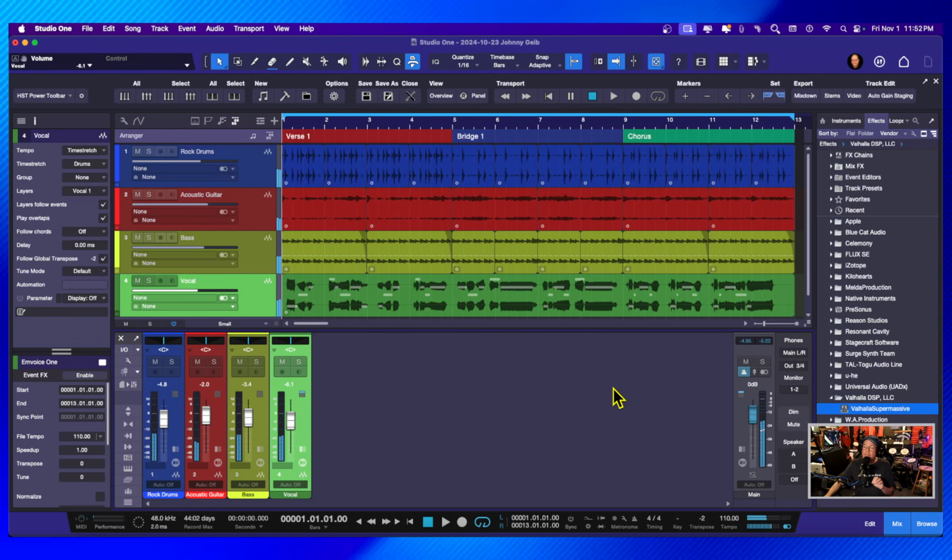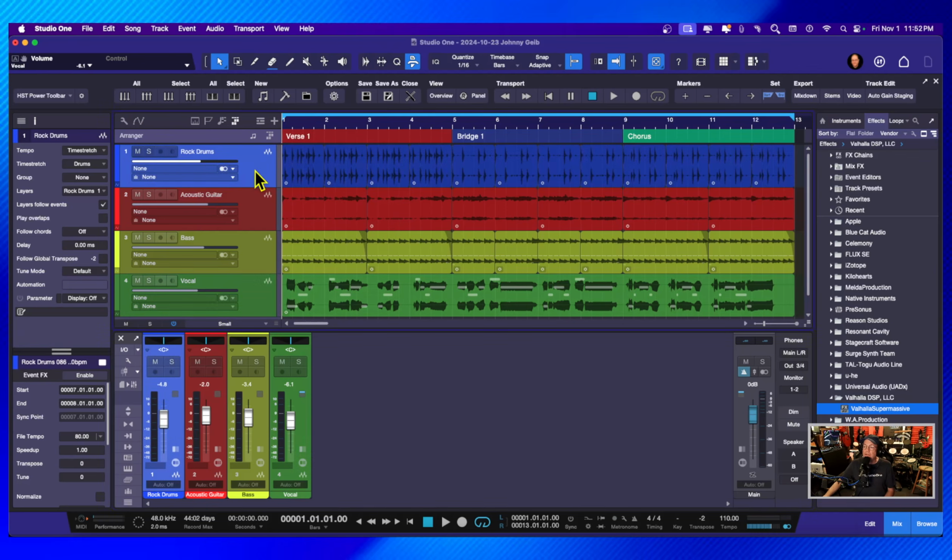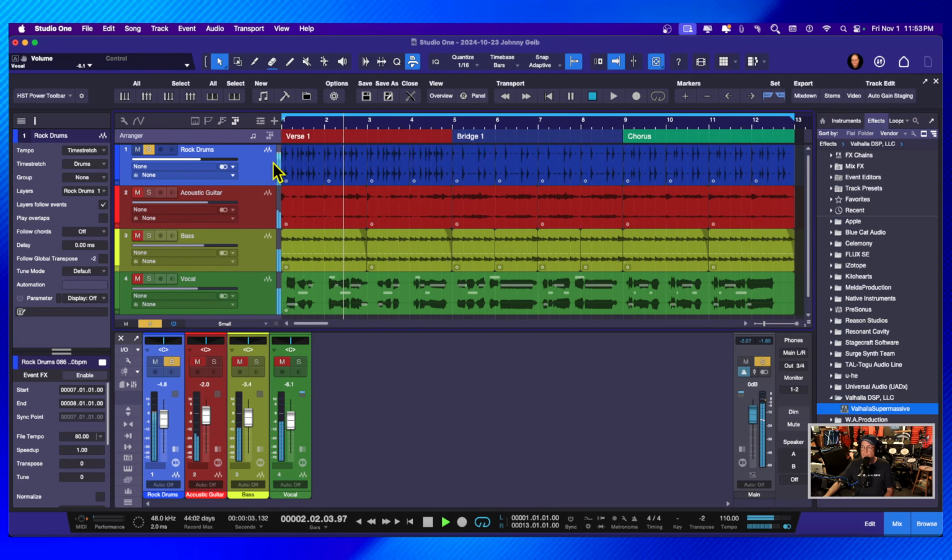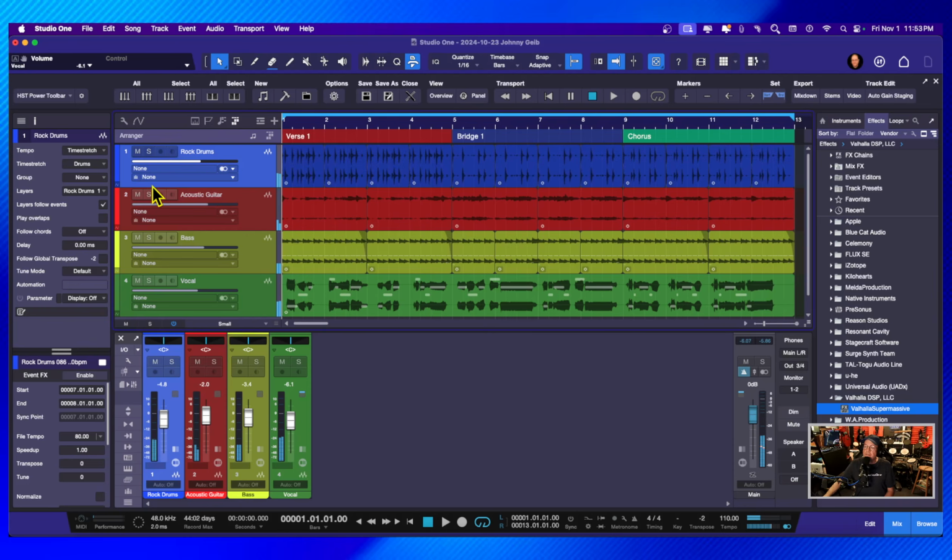It doesn't slow the song down, doesn't do anything to the tempo. It actually takes everything and just pitches it down. So let's see if there's any anomalies. Obviously, in the drums, there aren't going to be. In the acoustic guitar,